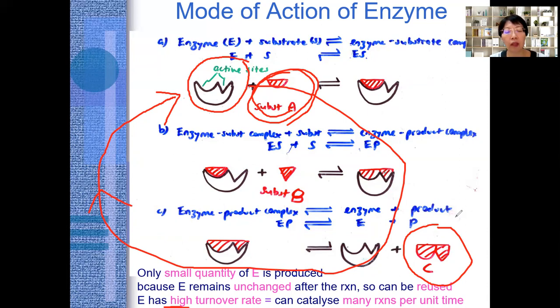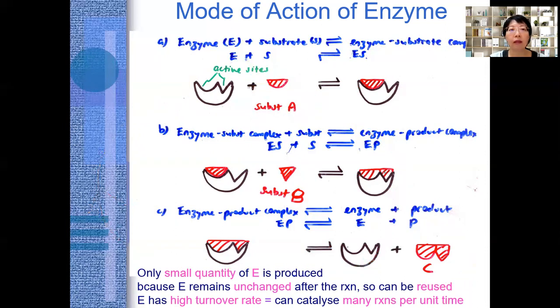That means this process is very fast so that a lot of substrate can be converted to product at any one time. Okay, let's say in 1 second, in 1 minute. Okay,